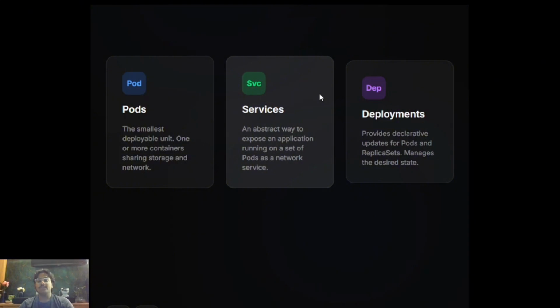Now, moving on to the deployment. Another important object in Kubernetes is the deployment. It is basically like managing and controlling the pods automatically. It allows developers to define the desired state of the application, such as how many pods should be running. For example, if you specify that 3 pods must always be running, Kubernetes will constantly monitor the system. If one pod fails, Kubernetes will automatically create a new pod to maintain the required number.